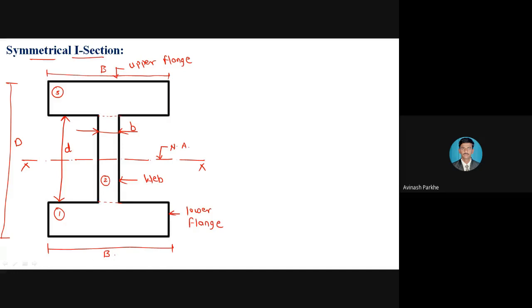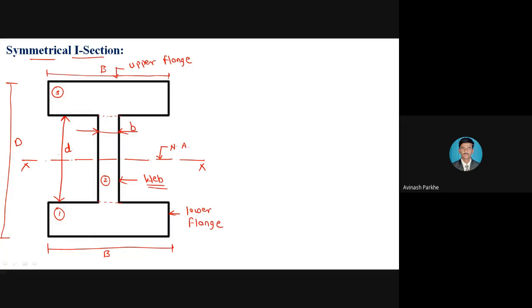Capital B means the total horizontal distance of the I section, which is given at the top side and the bottom side. Capital D represents the total vertical distance from the top of the I section to the bottom of the I section. Then what is small b? Whatever the second section is given, that is the vertical rectangle, which is called the web, the horizontal distance of that web is indicated by small b. And the vertical distance of that second section, I am speaking only about the second section, that vertical rectangle, is small d.